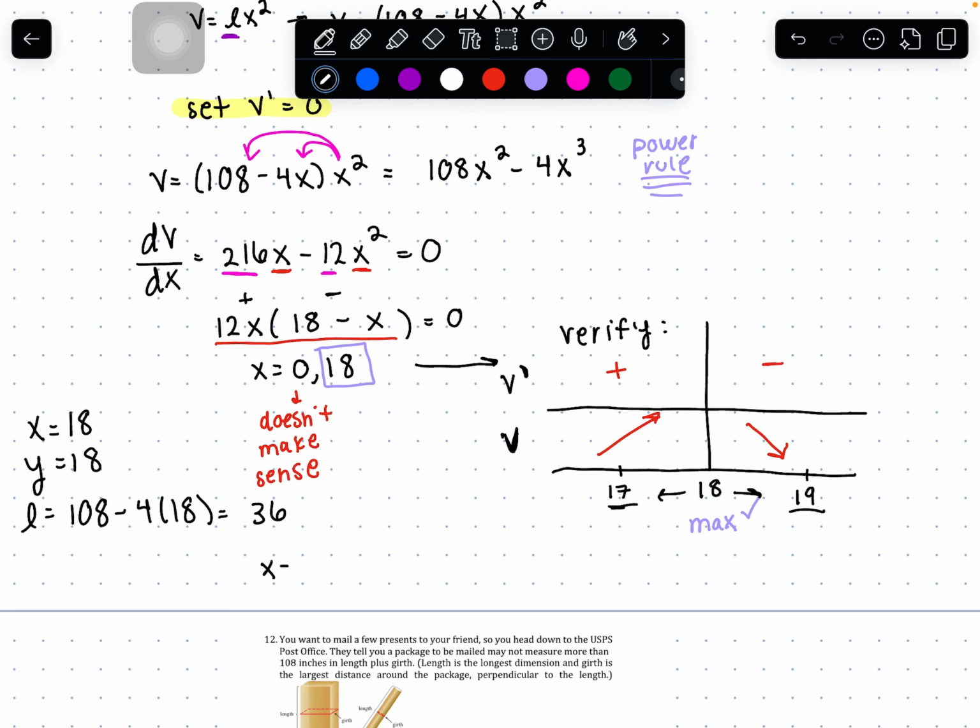So my solution looks like this. Make sure you answer the full question and you find everything that it's asking you for. If you just stopped at